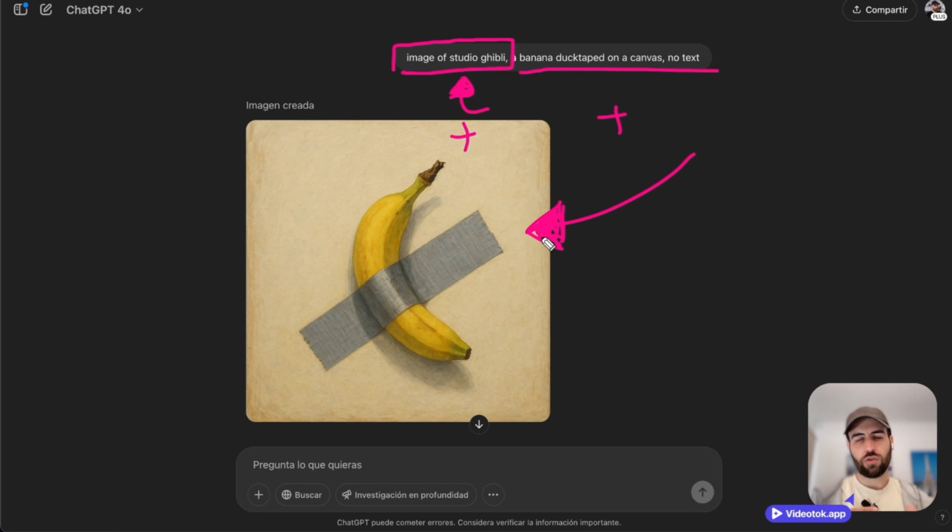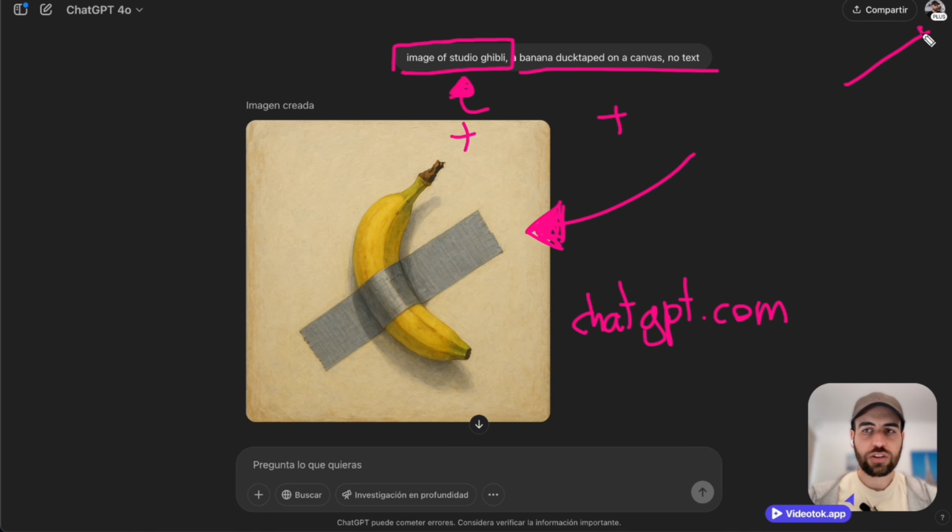Also, all of this I said is in ChatGPT. To access it, it's chatgpt.com. One thing we need to realize is that this is not free. ChatGPT requires payment and we need to be on the Plus models, okay? So at least we will need to be on the paid Plus version to access this entire model. And we will need to ensure that we have ChatGPT 4o selected, okay? If we have ChatGPT 4o selected, we are in the paid version and we give these instructions, any image would